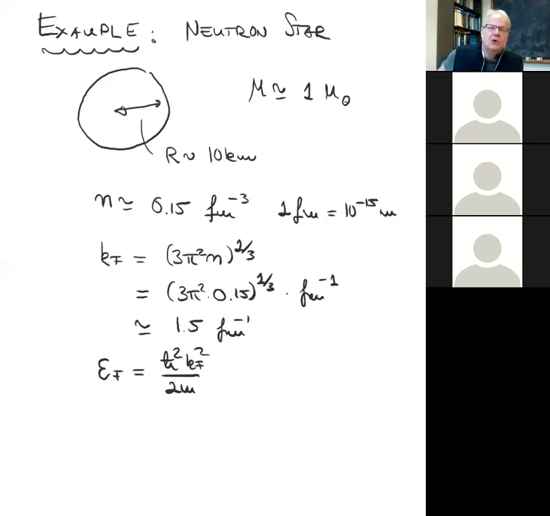So at this point, you can, of course, just look up what h bar is. It's a very, very small number. But there is a kind of neat trick that people like myself actually use a whole lot, which is that h bar is a number that's very difficult to remember because it's so small. But the mass of the proton is also a mass that's very difficult to remember because in units of kilogram, it's so small. So the trick is to multiply both of them through by c squared. So you can write this as h bar c squared k Fermi squared over 2m c squared.